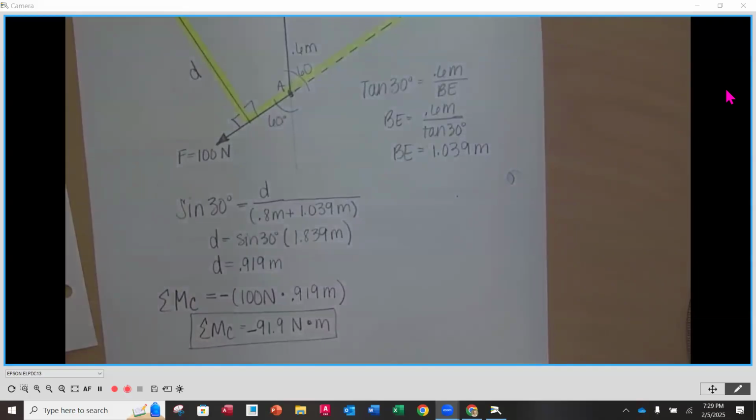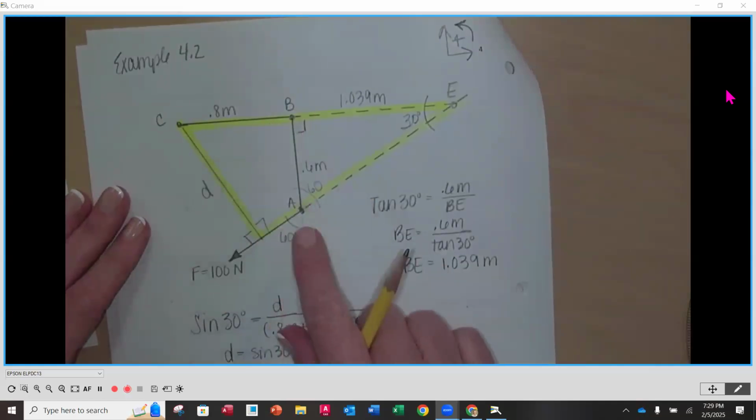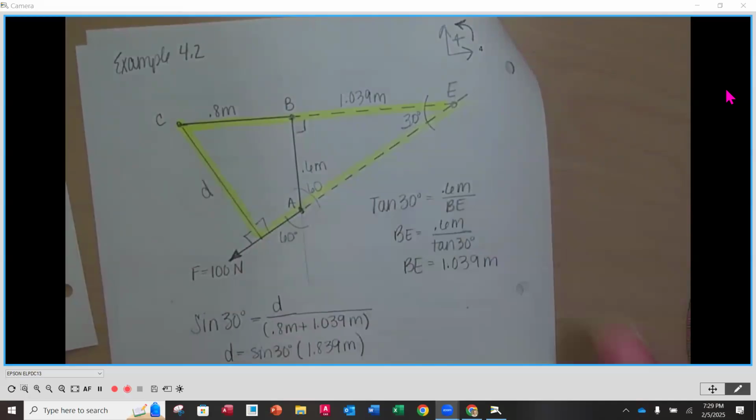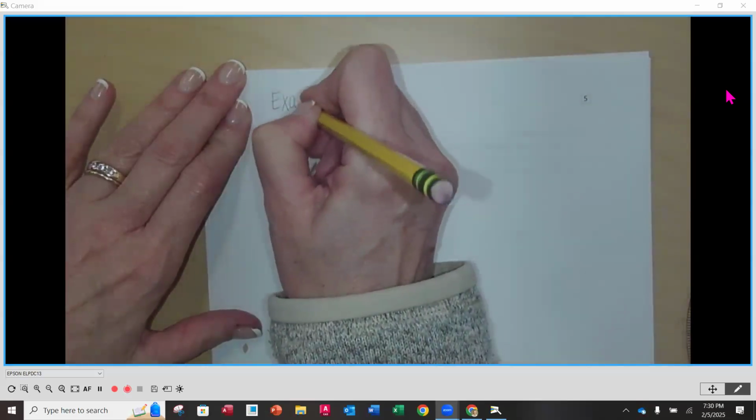Okay. This is the first way that we solved it. Now we're going to solve it the second way. The second way is we're going to draw that same bracket, but we're going to break that force into X and Y components, and we're going to see how that works. So I'm going to turn the page. We're going to do this a second time. So this is still example